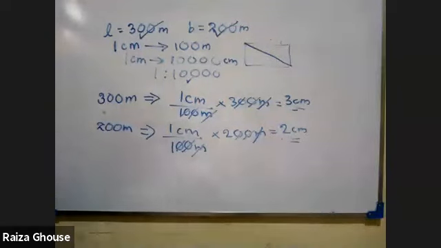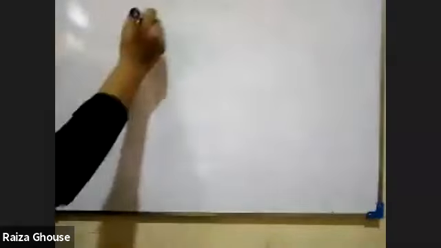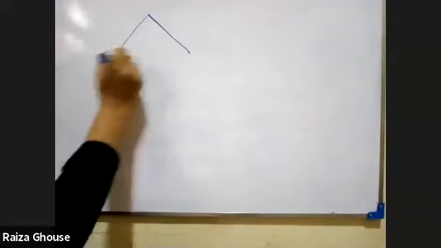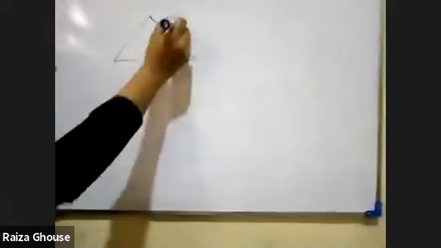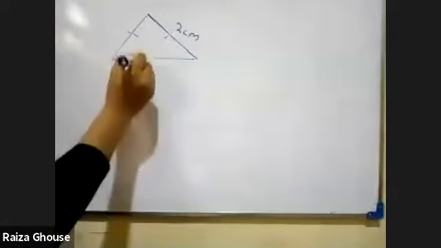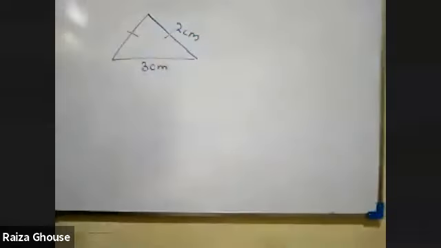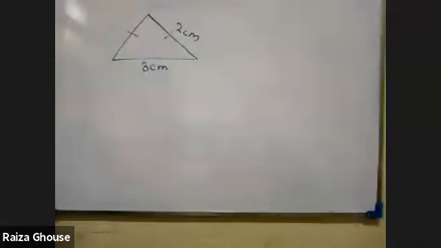Okay, now I'm going to explain that topic I gave you now. For example, I'll give you a diagram marked with the scale length. Scale length means you're getting it in centimeter, right? Let's take a triangle. So this is a triangle, right? I'm going to give you here 2 centimeter, here it's equal, and here 3 centimeter. So now what's happening here? How do we do this?